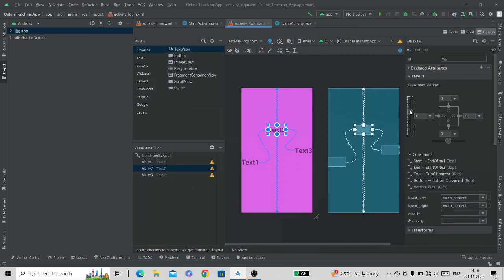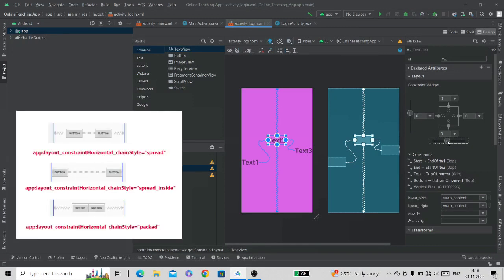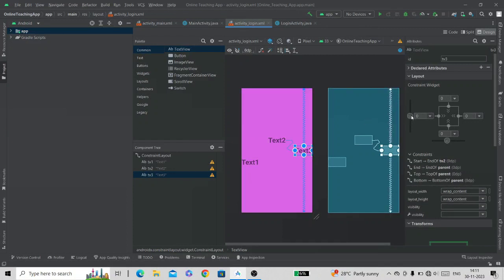Because this is a horizontal chain, we can only change the position of any view vertically. As you can see, if we try to change the position horizontally, we can't change it. We can only change it using chain style in 3 ways only: packed, spread and spread inside. Otherwise we will only be able to change the position vertically.